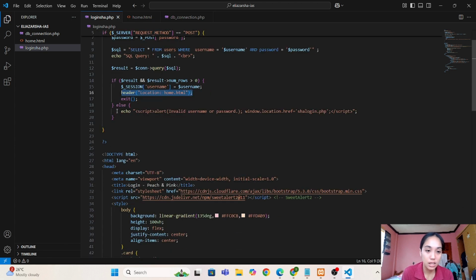And lastly, if no matching user, we have an alert: invalid username or password. We display an alert and redirect back to the login page. This alert tells the user that the login failed and refreshes the login page.